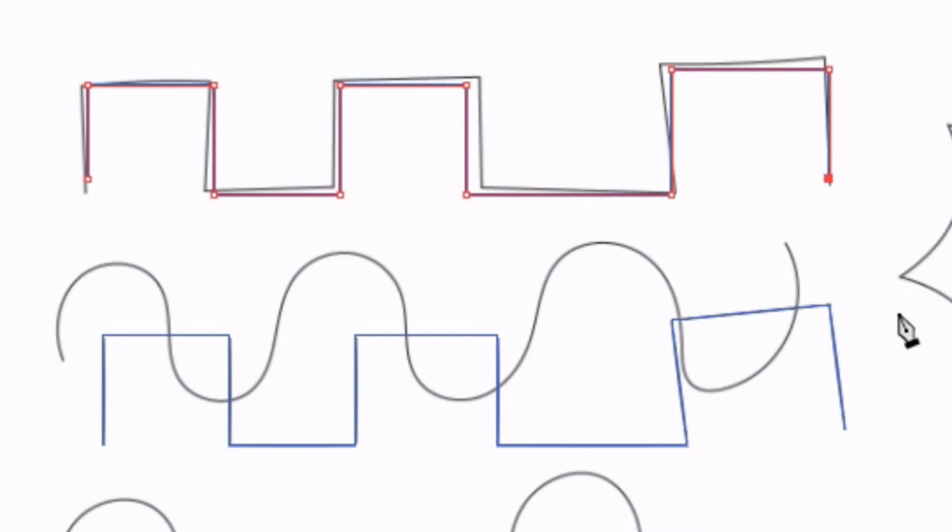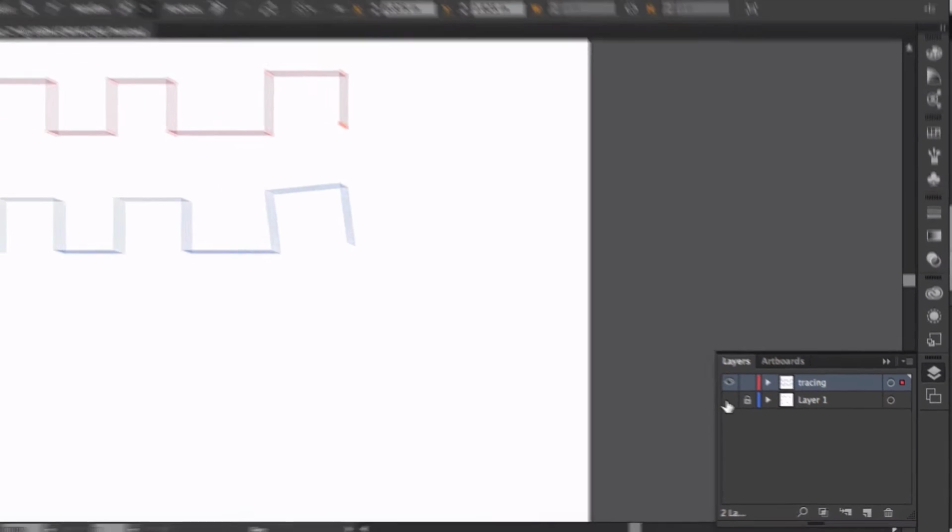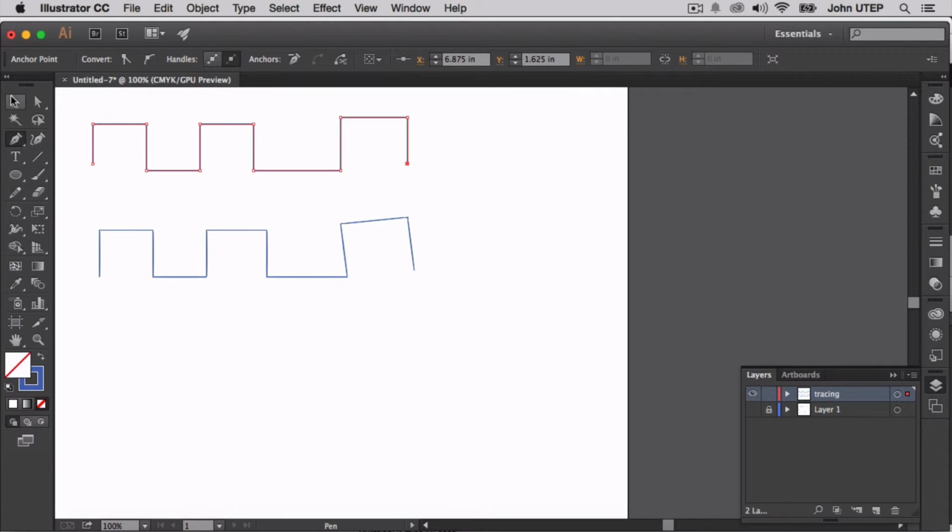And then once again, press the escape key. For a moment, I go over here and turn the tracing layer off. You'll see what we have drawn. Turning the tracing back on,